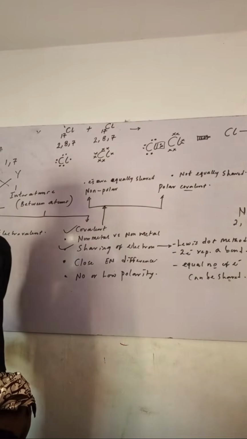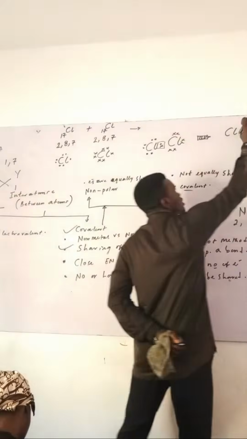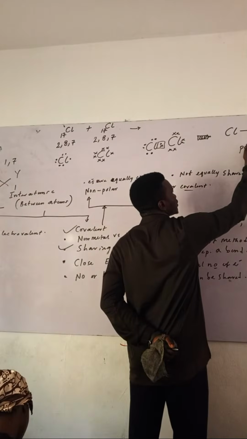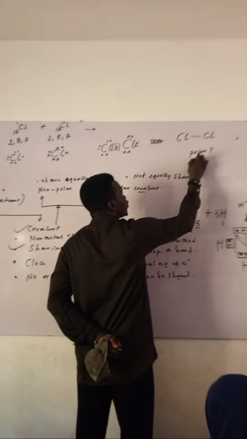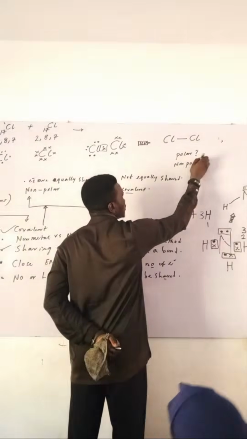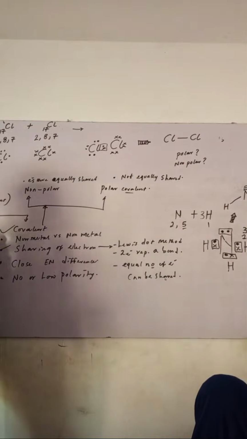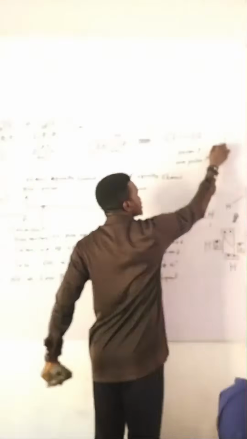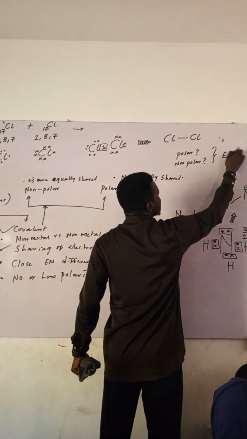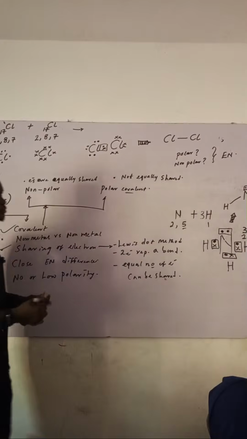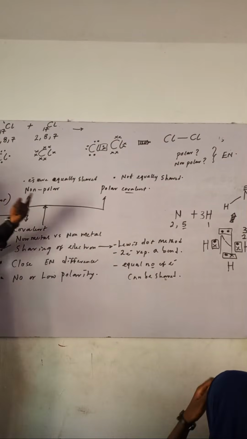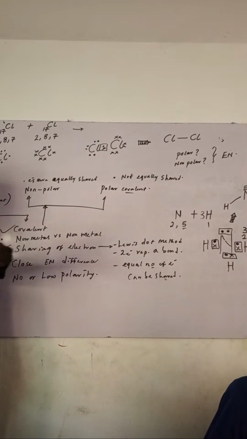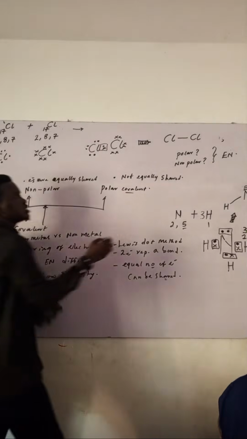The question now is that this bond that is between them, is it polar or non-polar? That's now the question. We talked about something that helps to differentiate this: electronegativity. Electronegativity is the tendency of an atom to pull electrons towards itself. This is like a tug of